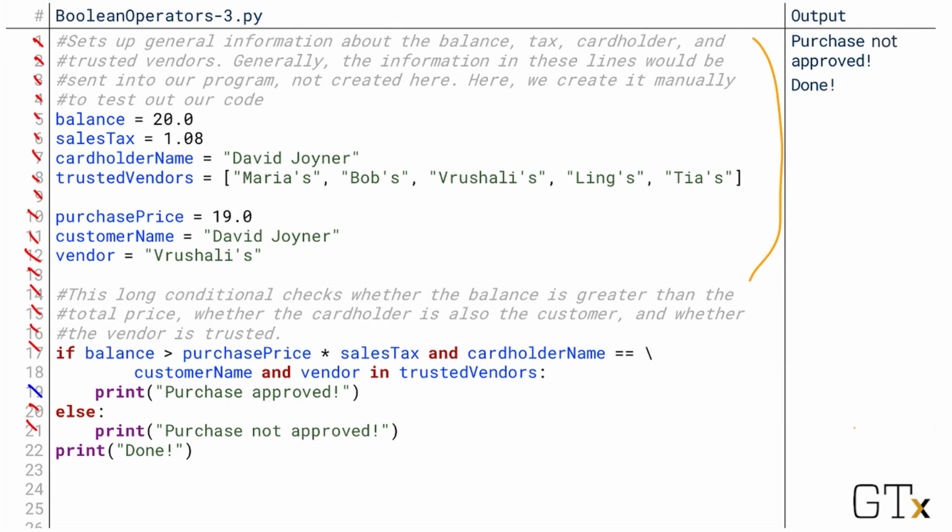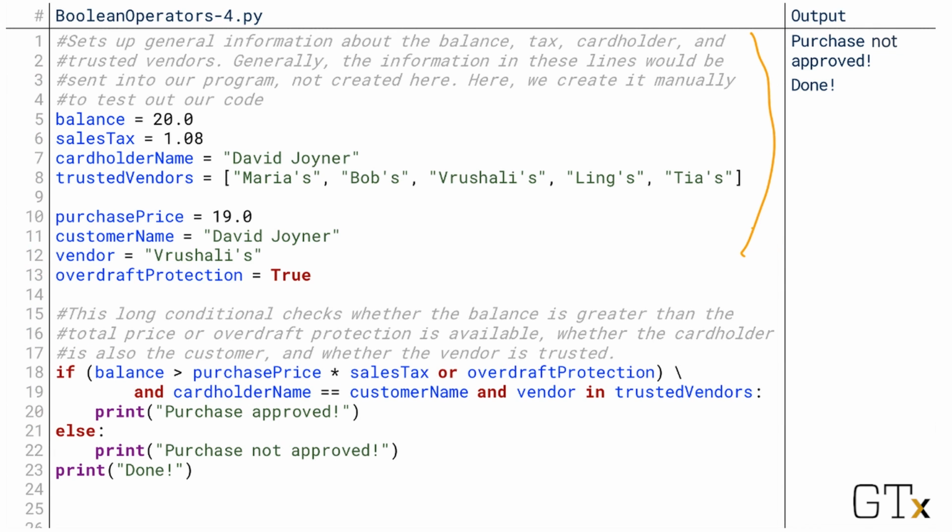Now, we can actually make this even more complicated if we really want to. Here, our initial setup code is the same, except we've added something new. On line 13, we have a new variable called overdraft protection, and it has the value true. Overdraft protection is something that some banks have where if you try to make a purchase and you don't have enough balance, they'll go ahead and allow you to make the purchase and trust that you'll pay them back later. So if overdraft protection is true, it no longer matters if balance is greater than purchase price times sales